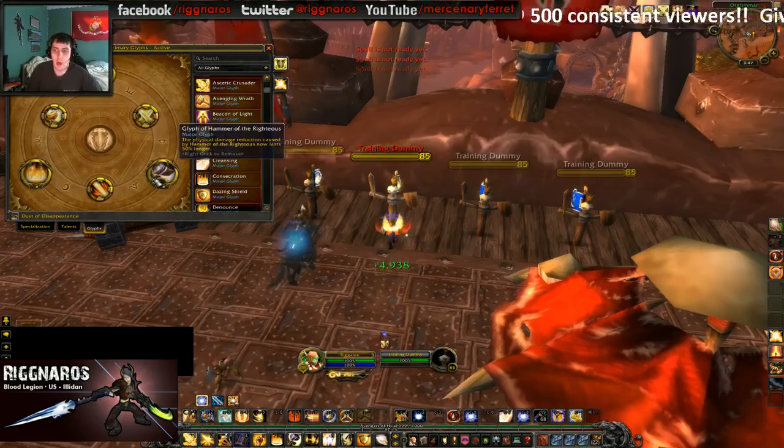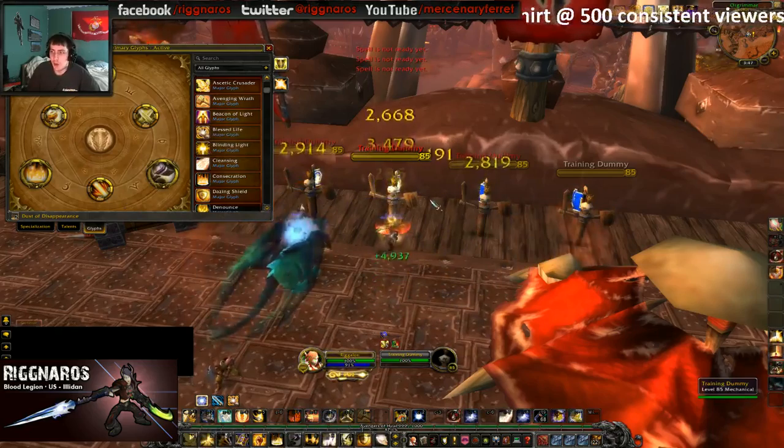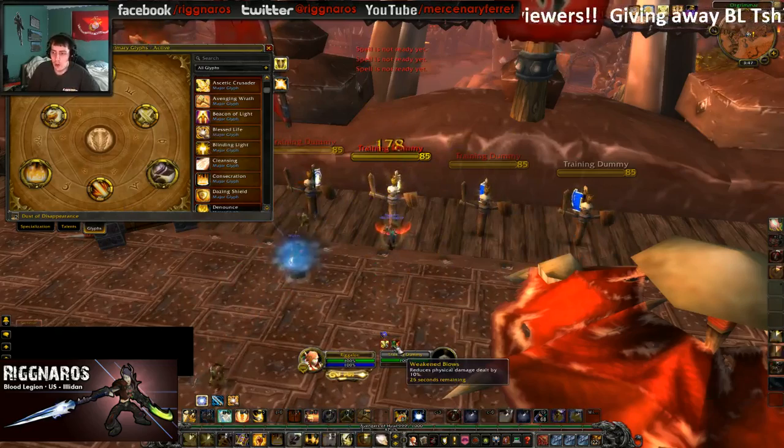Let's see, Hammer of the Righteous, your physical debuff now lasts 50% longer. So whenever you cast Hammer on the target, as you can see here, your debuff is up for...